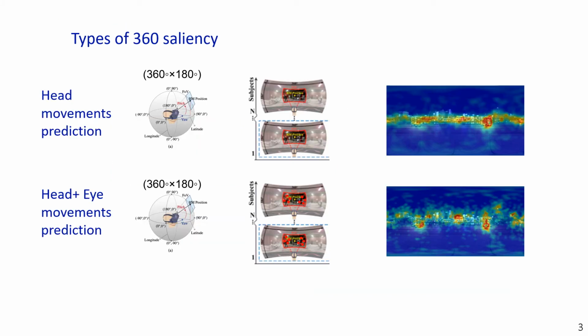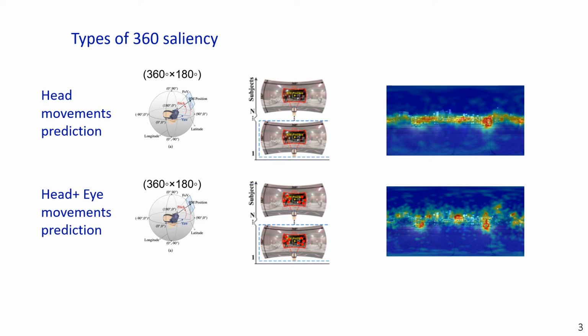A 360 video frame is represented under a new kind of multimedia content called spherical or omnidirectional. These image frames cover the whole spherical view in space, 360 degrees by 180 degrees, where the user has the freedom of attending to any direction just by moving his head around the 3D space axes X, Y, and Z, so that at each time step, a human attends just to a specific position in a small portion of the entire sphere, which represents the rendered viewport.